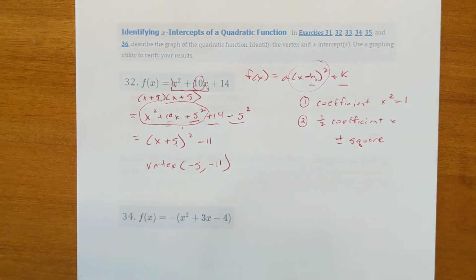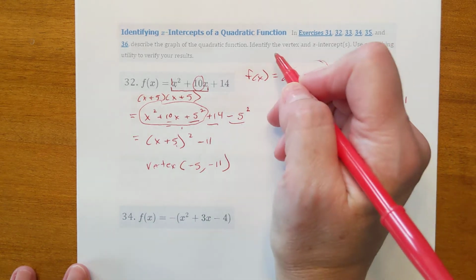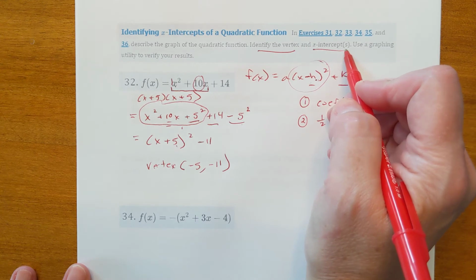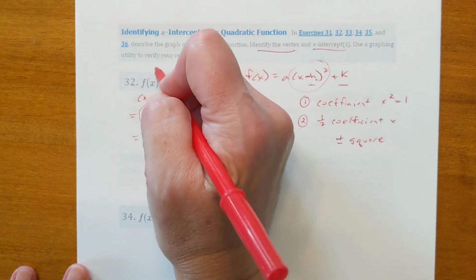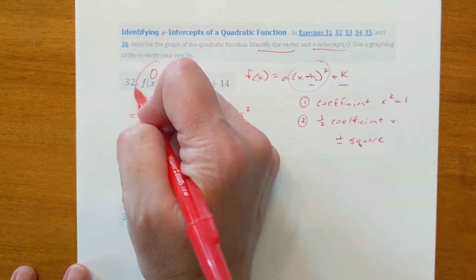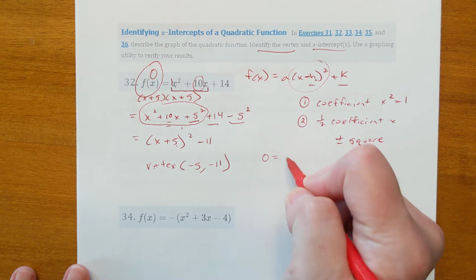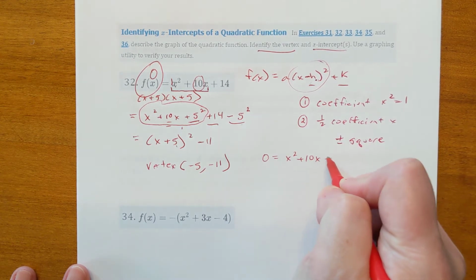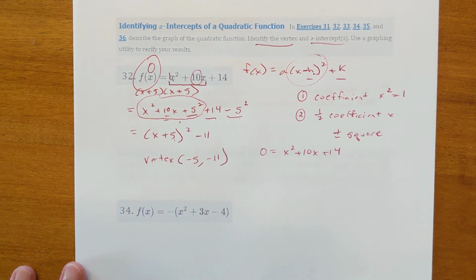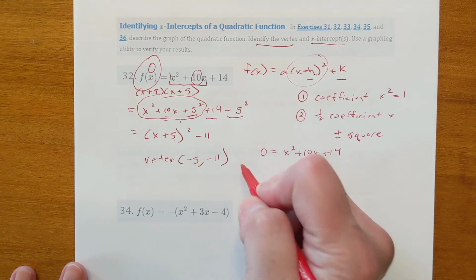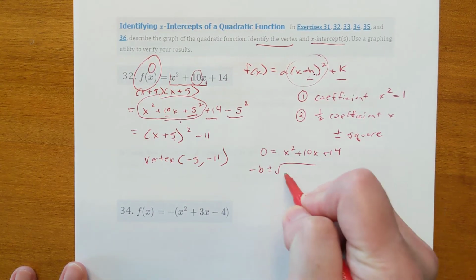All right, the actual question wanted to know what the intercepts were. Also, it says identify the vertex. So I did that. And the x intercepts. So the x intercepts are where y is equal to 0. So when is y equal to 0? So we're going to make 0 equal y. So you could solve that either now by factoring or doing the quadratic equation. And it doesn't factor. If you try to factor it, it doesn't factor. So we're going to have to use the quadratic equation, which again is negative b plus or minus radical b